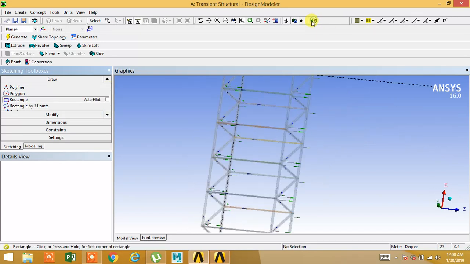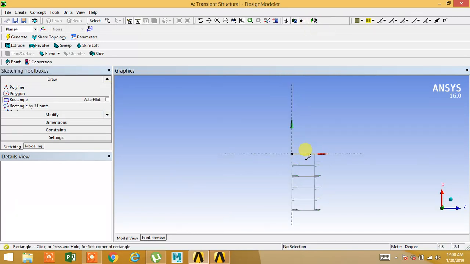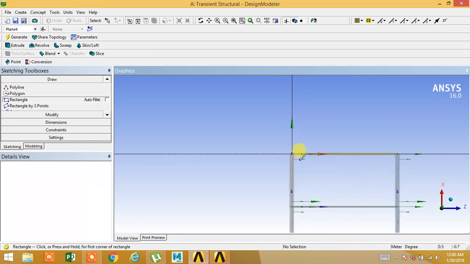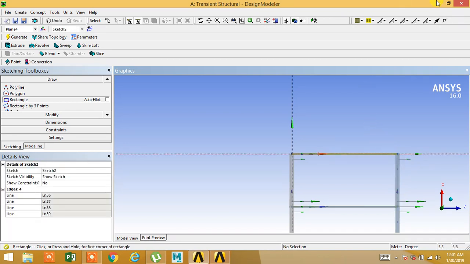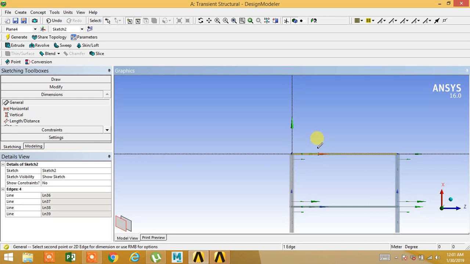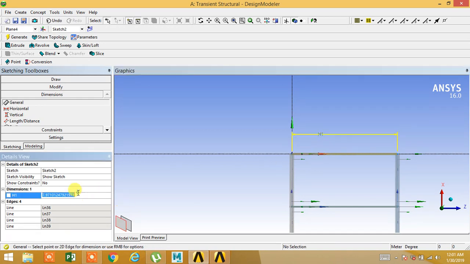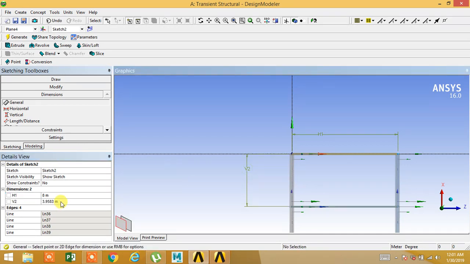Rectangle. Draw a rectangle like this. Check its size. This will be of 8 meter. This will be of 4 meter.